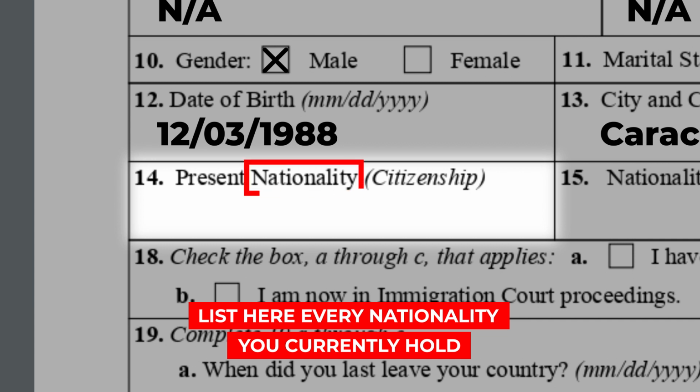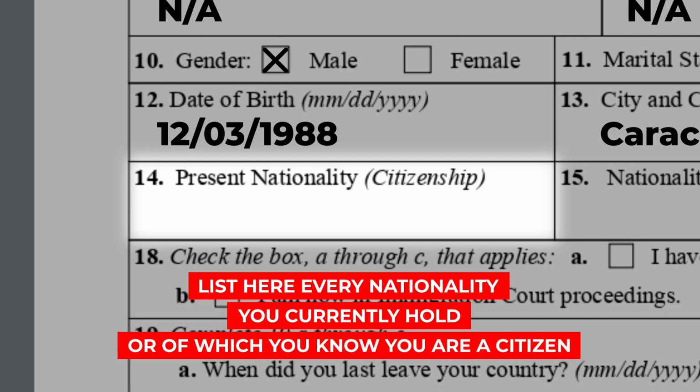Note that the instruction refers to nationality, but then says citizenship in parenthesis, as if they're treating these two words as synonyms. Under US immigration law, there is a difference between citizenship and nationality, but it's really complicated and not worth going into here. Suffice it to say that you should list any country here whose passport you hold, or for which you know you're a citizen, even if you don't have that country's passport, and even if you've never been there or don't have any